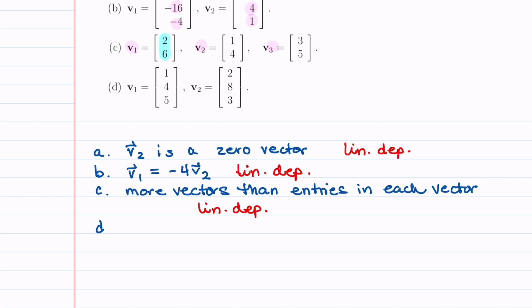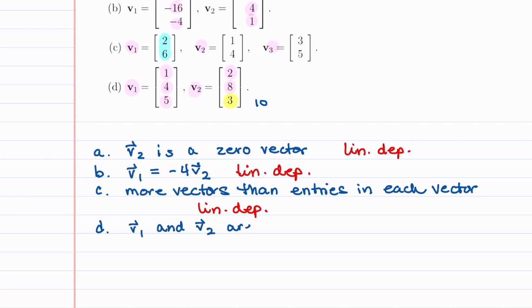Let's now look at part D. In part D, we have 2 vectors, and let's see if they are multiples of each other. If we start with 1 and we multiply it by 2, we get 2. If we take 4, multiply it by 2, we get 8. And then if we take 5 and we multiply it by 2, we would actually get 10, and instead we have a 3. So that tells us that V1 and V2